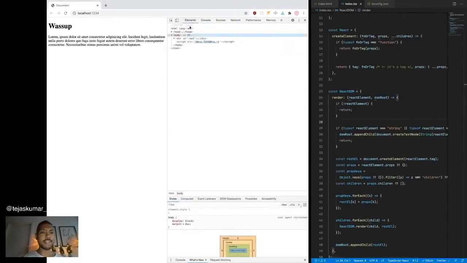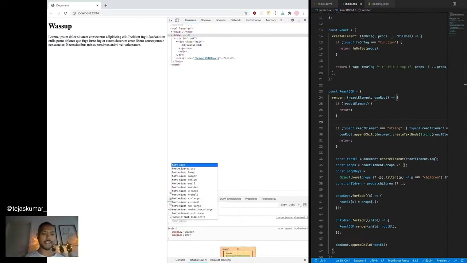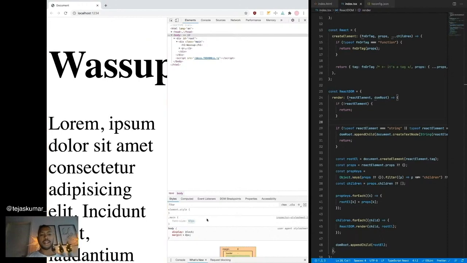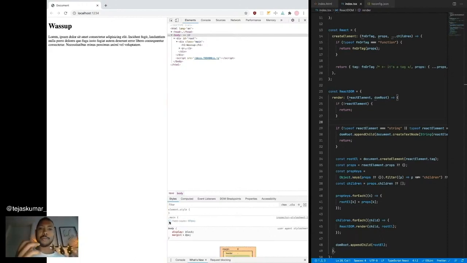And look, I mean, even the props and everything. Class main. Like if I do a dot main and then do like a font size 100 pixels, bam! Look at that. Incredible. So we've built React, we've built a renderer. Really the last thing, what really makes React at the end of the day is updatability. And as I said in the beginning, we're not going to talk about the reconciler, but we want to make it interactive. How do we do that?